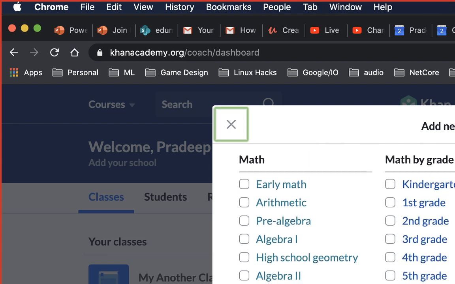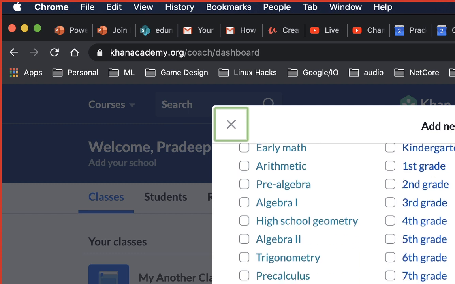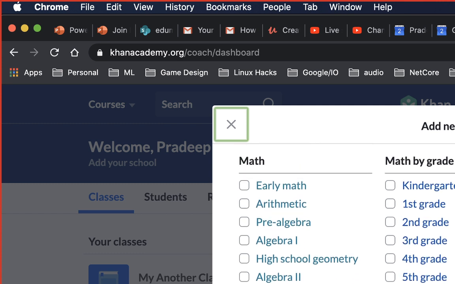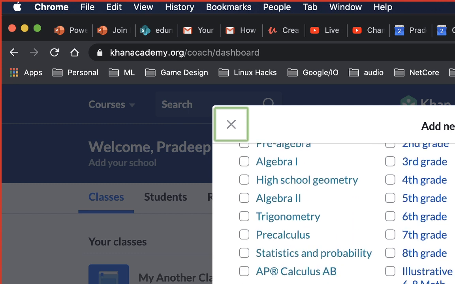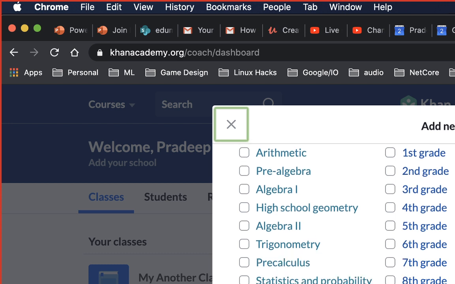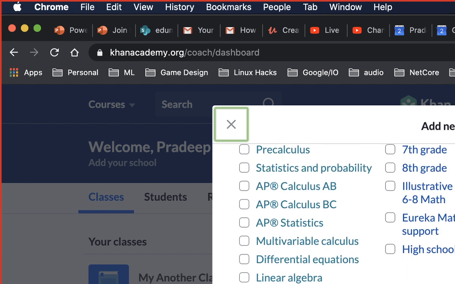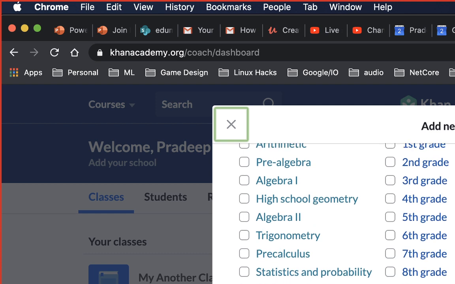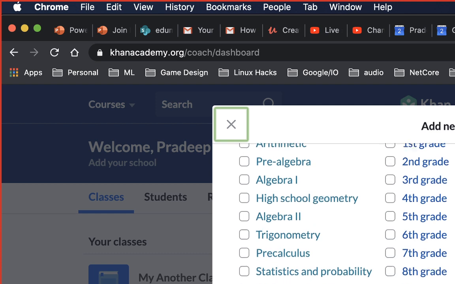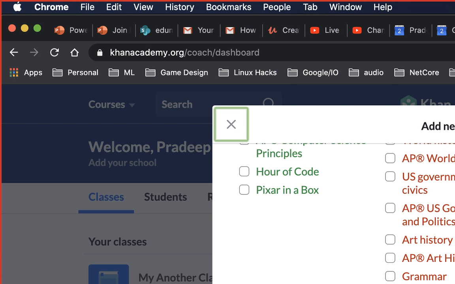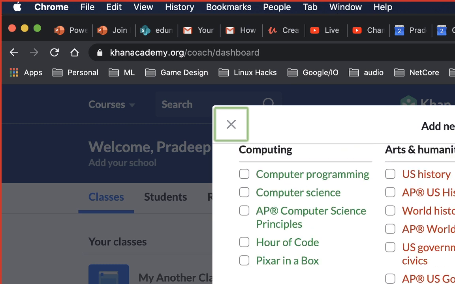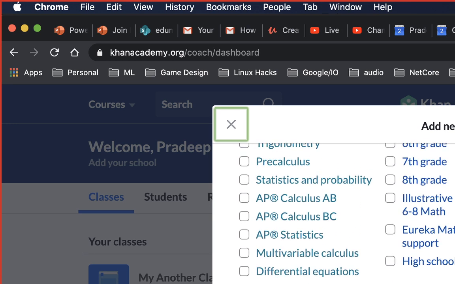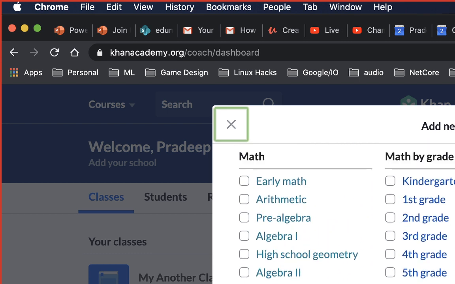And by the way, it has content for every class, from kindergarten up until high school. It has very good content for a lot of subjects, not just computer science or mathematics. It has content for everything: biology, chemistry, economics, right? So what I'll do is I'll just create a class for arithmetic, right? I want to teach arithmetic,